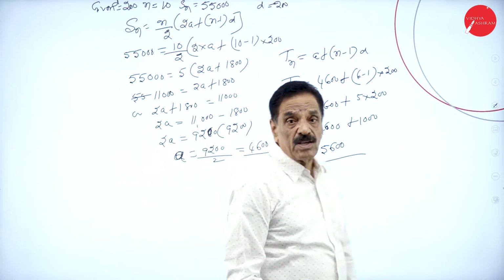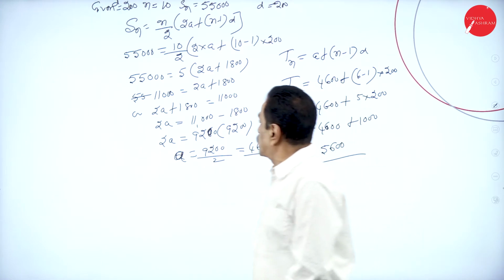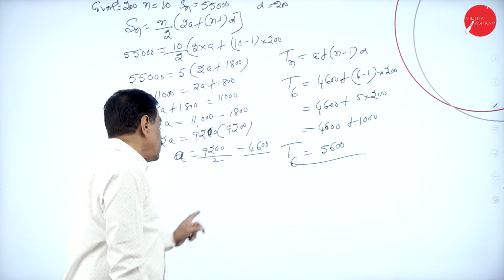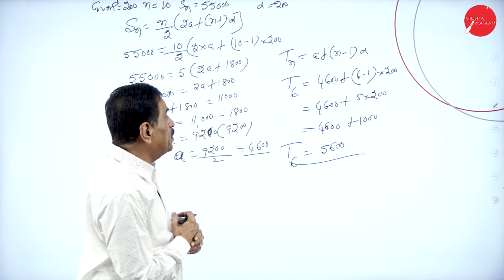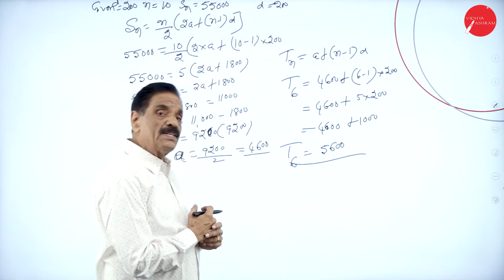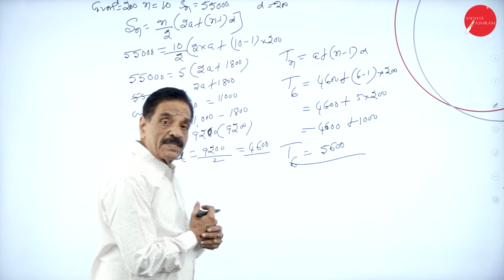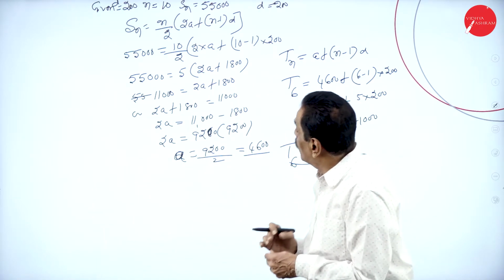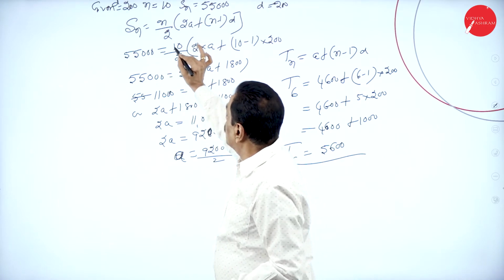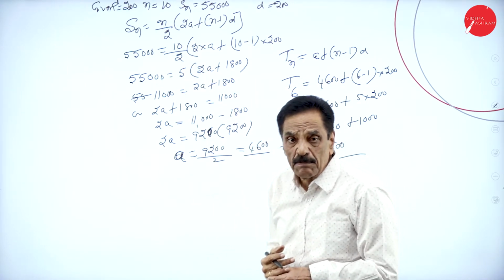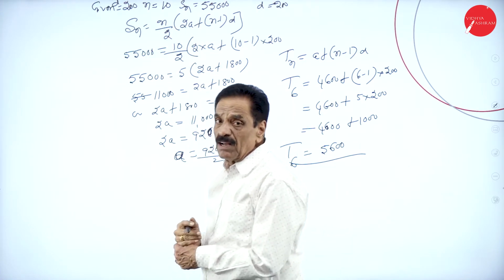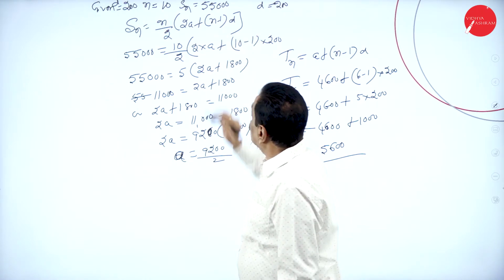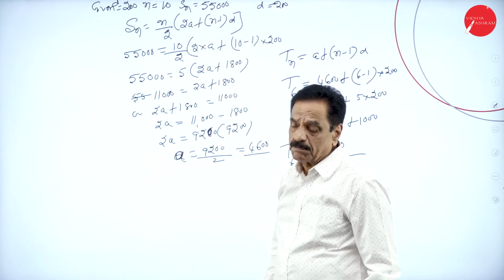In the sixth year, he is going to get 5,600. So if the summation is 55,000, the first figure A is 4,600. He wants Tn for the sixth year, and it is 5,600. Hope you have followed because I have gone through it very slowly. Sn is equal to n by 2 into 2a plus n minus 1 d. N is the number of years, Sn is the summation of the AP, D is the common difference, A is the first number which was missing. We'll move on to the next problem now.